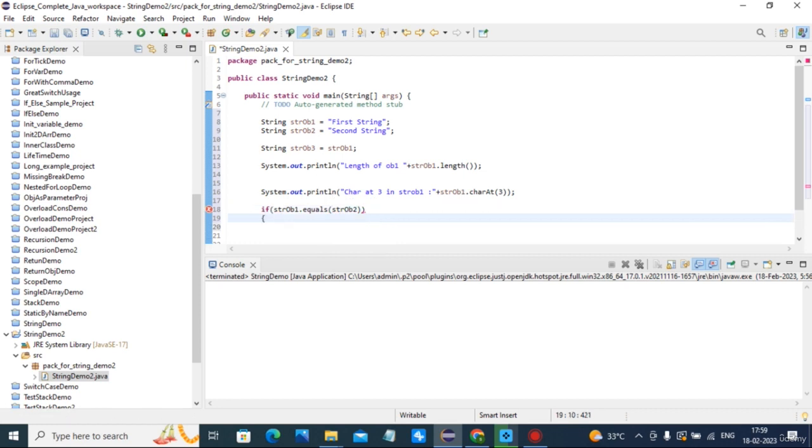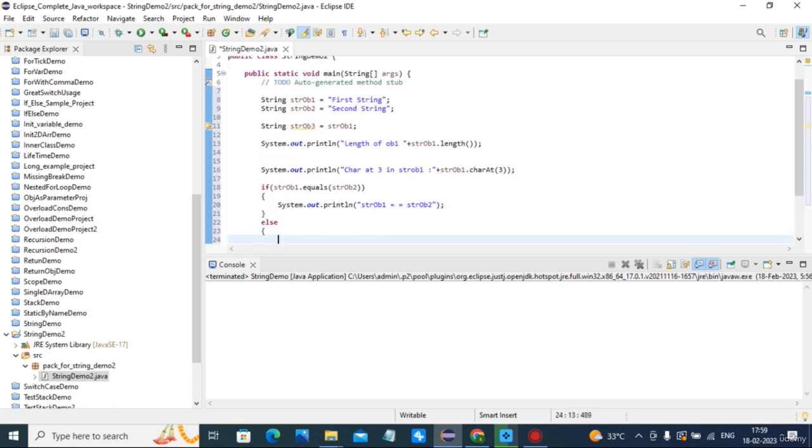Then I print, what I print, string object 1 equal to string object 2. Else I print both are not equal.